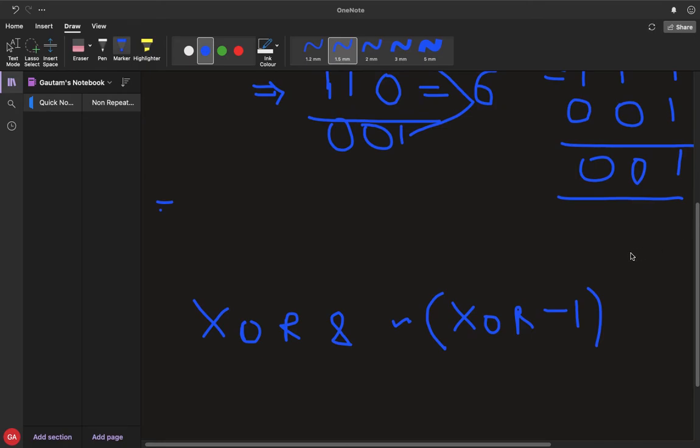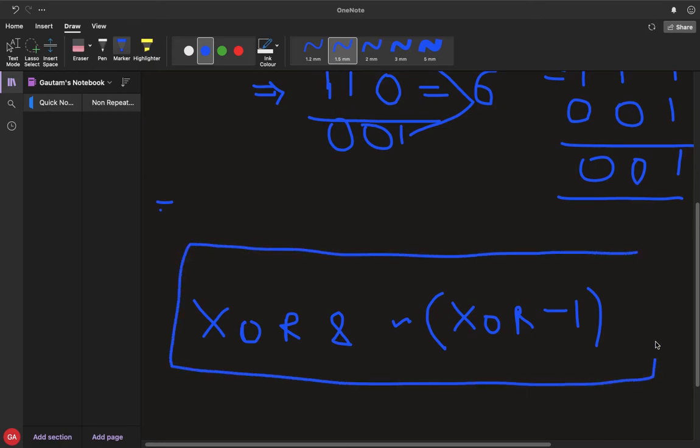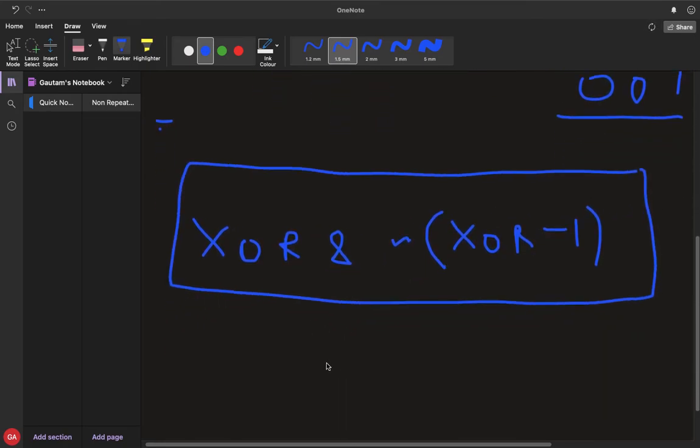This expression will give us a number which has only one set bit, that is, the whole binary representation has only one set bit, and the position of that set bit is at the rightmost set bit of this XOR.